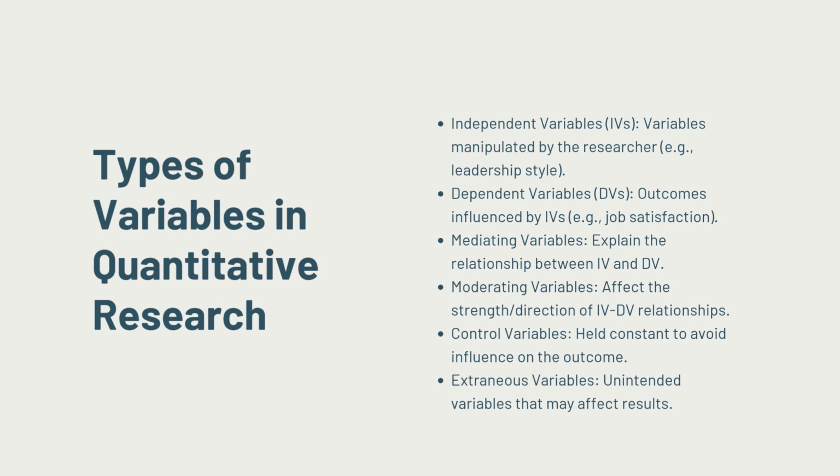Next are control variables, and these are variables you hold constant to prevent them from influencing your dependent variable or your outcome. You might control for factors like age or location to ensure that they don't skew the results in your leadership study. And the last is a confounding variable,